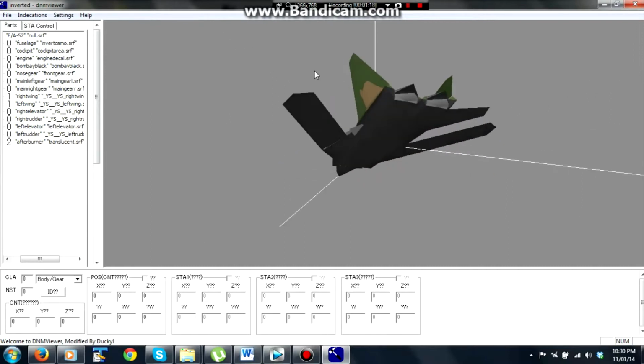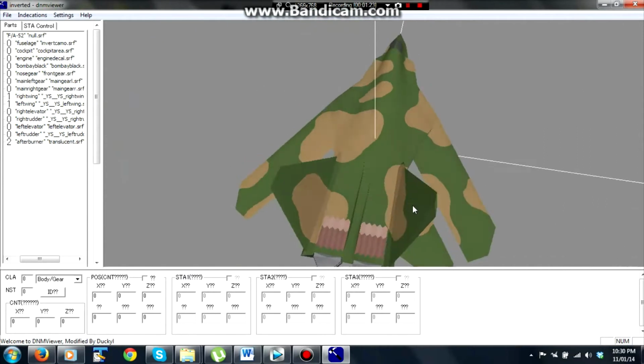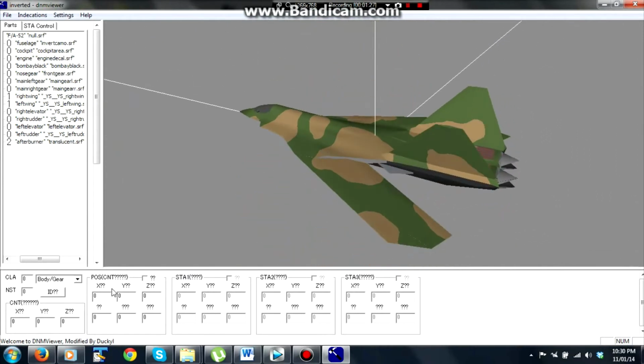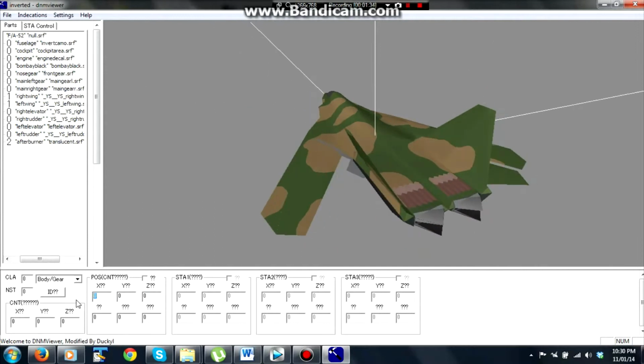So, right now it's sitting at the origin, so the base of the elevator is actually sitting at XYZ 0, which we can see down here. So this is our position of the SRF. We want to move it out to the left. So let's go 2.5. You'll notice as well that